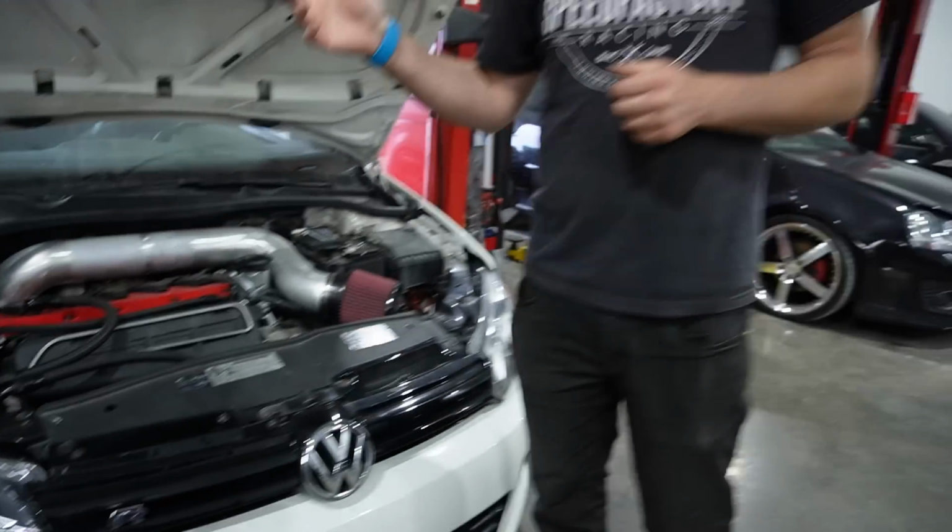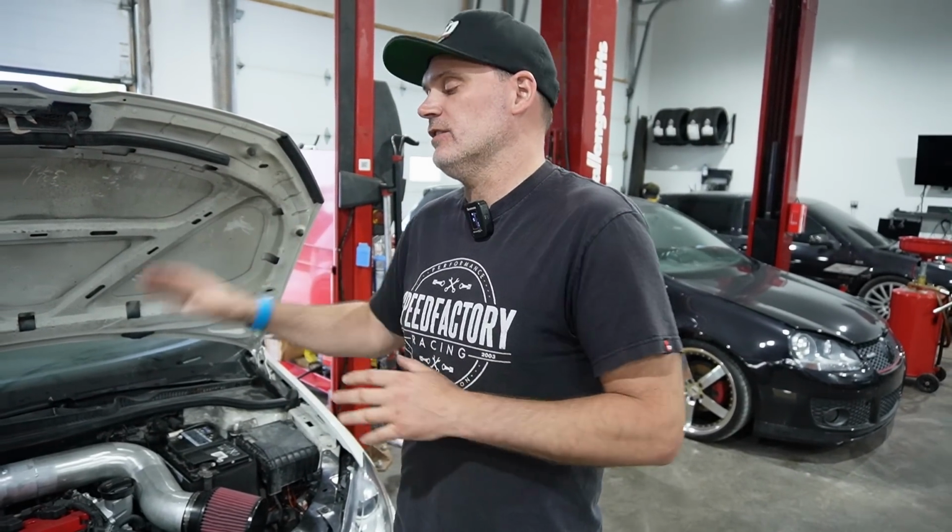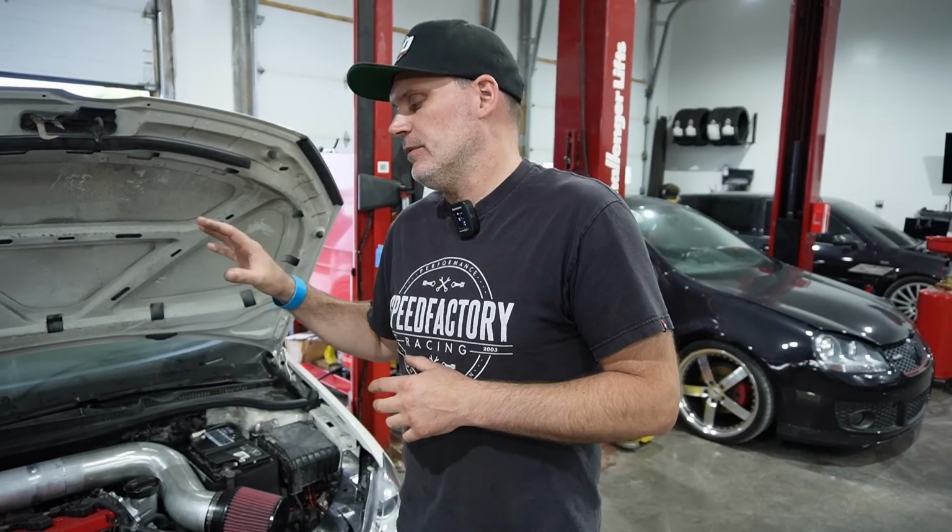We still got to do the TTRS pulley, the DAZA pulley that I plan on doing on this engine, which, I don't know where it is. It's on your desk. Oh, it's on my desk. We still got to do that, so that's not done yet, but for now,